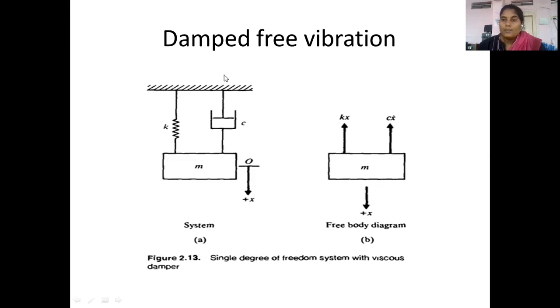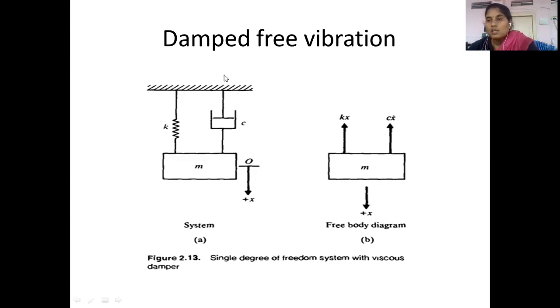But in this system, there is a damped free vibration. This damper is provided to the system, and so the C parameter, that is the damping coefficient, and the damping force will appear in this system. But the second point is, this system is a free vibration, meaning there is no external force applied to the system, so the F parameter will be equal to 0. Okay, so you have to understand these two basic differences. One is the damped and undamped vibration. Second one is the free vibration.